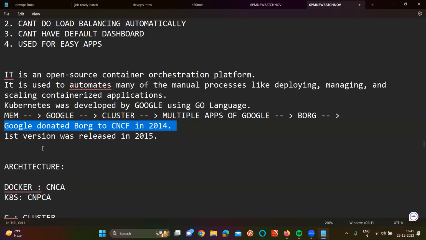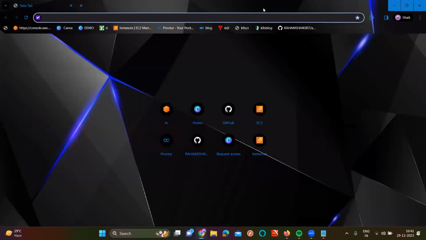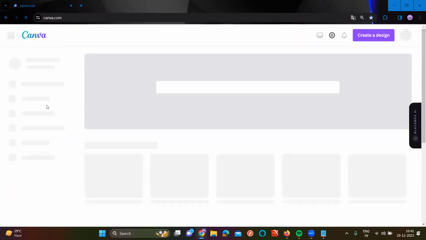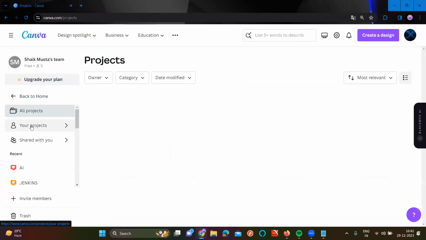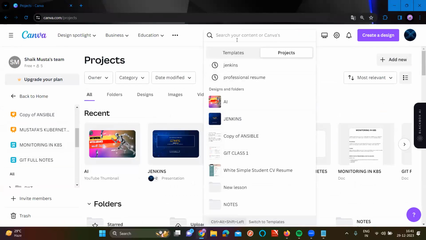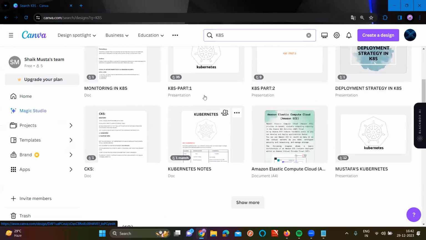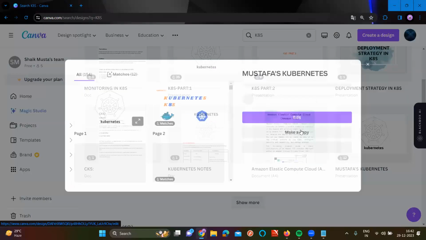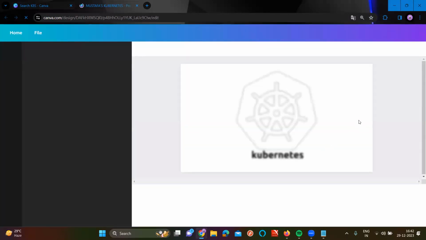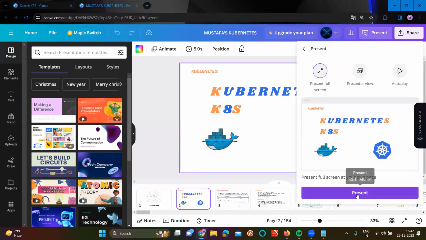That's it. Now, if you see the architecture of Kubernetes, the word Kubernetes is basically derived from a Greek word.